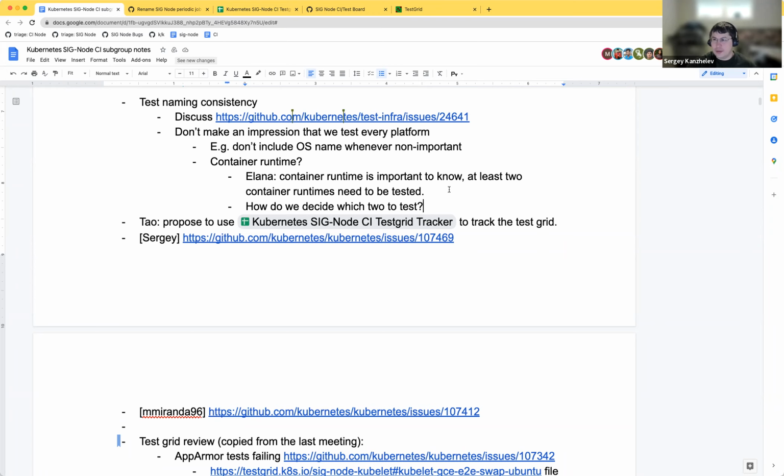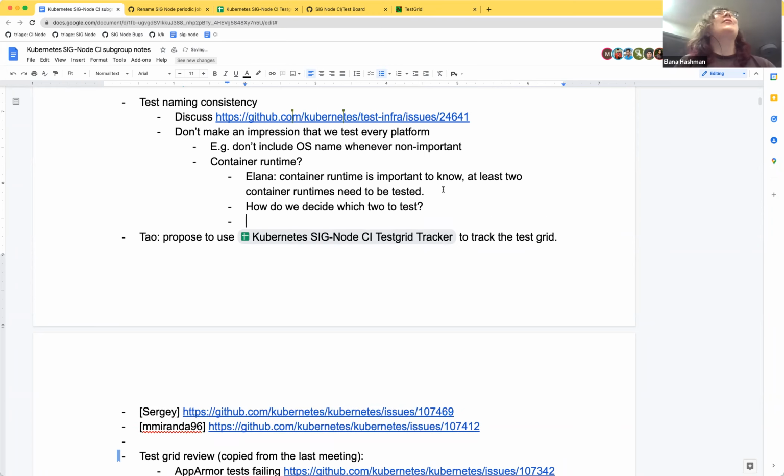Maybe we should talk about it in those cases as not so much the specific runtime we're testing, but rather this one tests the cgroup driver, this one tests the systemd cgroup driver. I assume SIG Release might care more about coverage than about a specific container runtime.